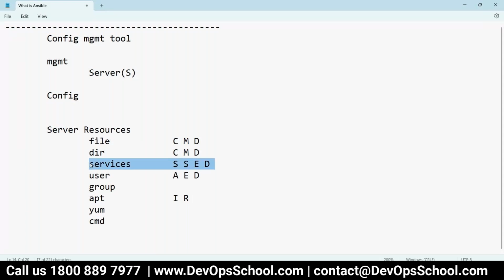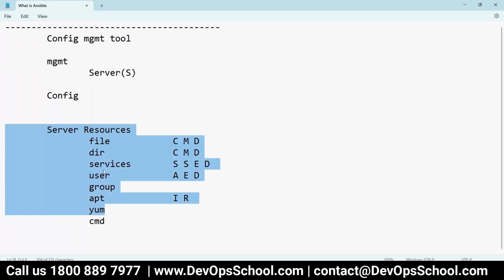So services, let's say you have it. Either you start the service, XYZ service, or stop the service, enable the service, disable the service, like this. These are the things you do. Creating a service, what to do? Creating a service file, right? Theoretically, if you want to create a service, what to do? One file has to be created under the init.d directory, correct? So likewise, you have to do that.